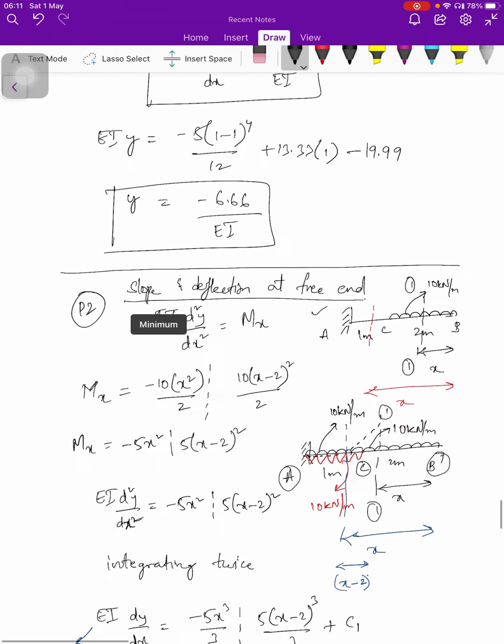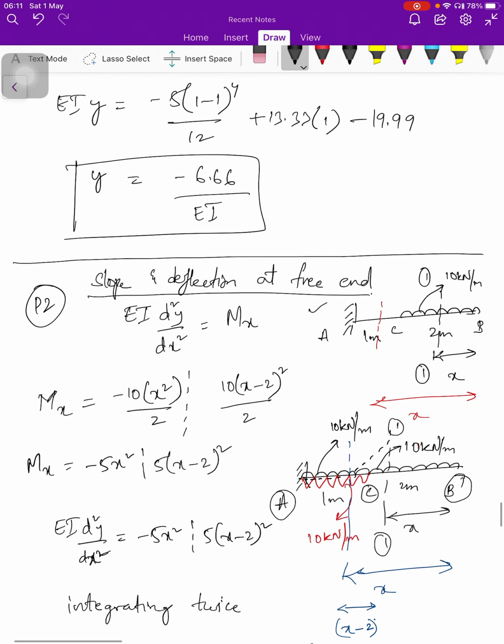Now the second case which we have studied today is a problem with a partially loaded span whose UDL is starting from the free end but it is ending before the fixed end. So in this case, you need to add and subtract a UDL of the same intensity in the portion where you don't have any load. So we don't have any load in the span AC. You need to add a UDL of 10 kN per meter of the same length of AC and subtract the same UDL such that the net effect is 0. The net effect will be balanced.